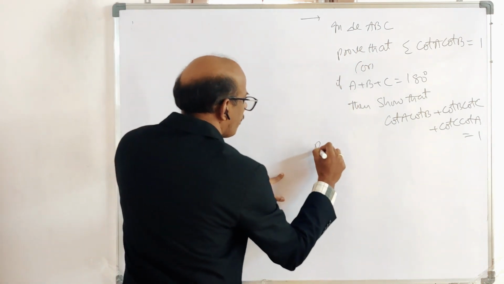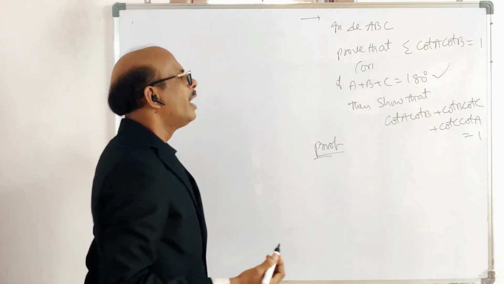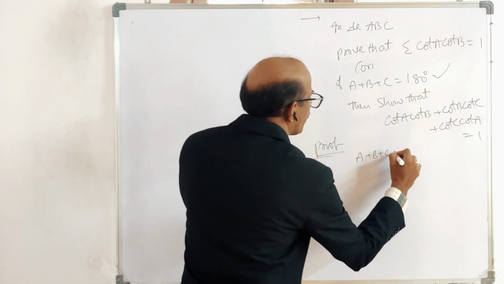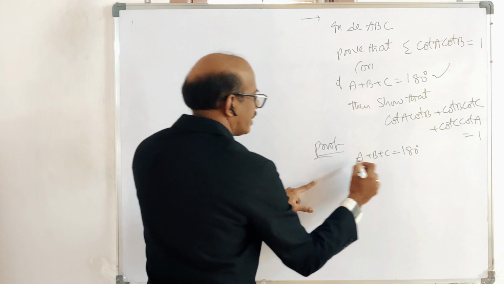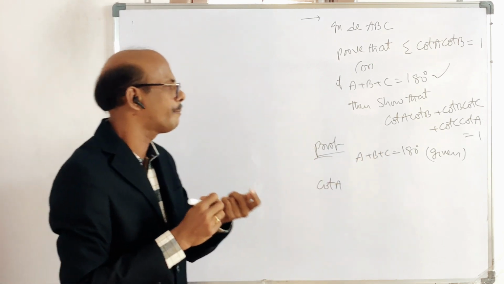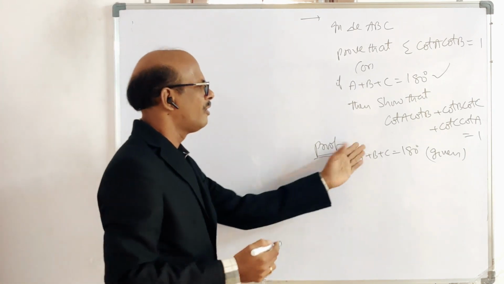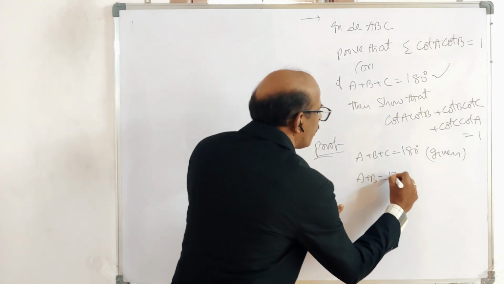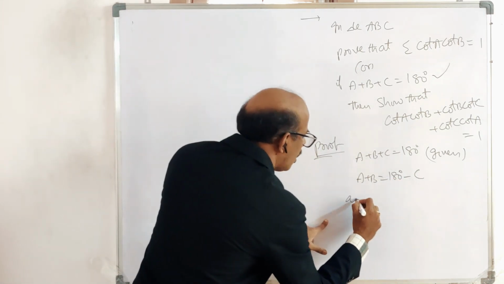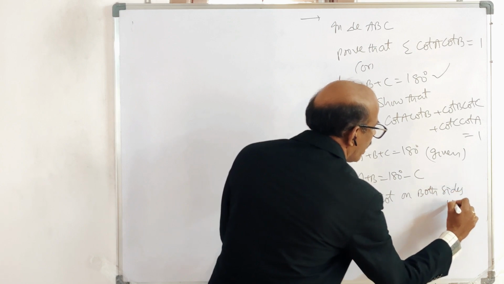Here, for making the proof, definitely we use the condition, the initial data, and the requirement is to prove the left hand side equals the right hand side, 1. So here the condition A plus B plus C equal to 180 is given, and our target is cot A cot B plus cot B cot C plus cot C cot A value is 1. For that purpose, from the condition, I simply shift that C to the other side, it becomes minus, and apply cot on both sides, we get